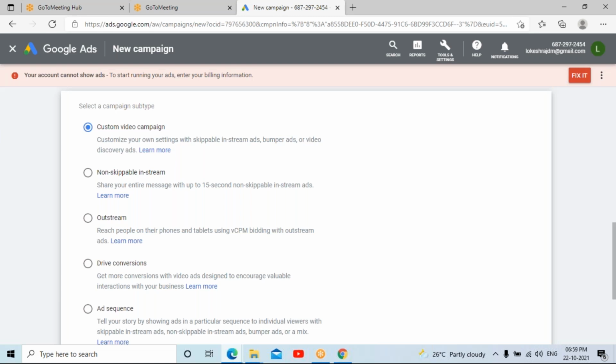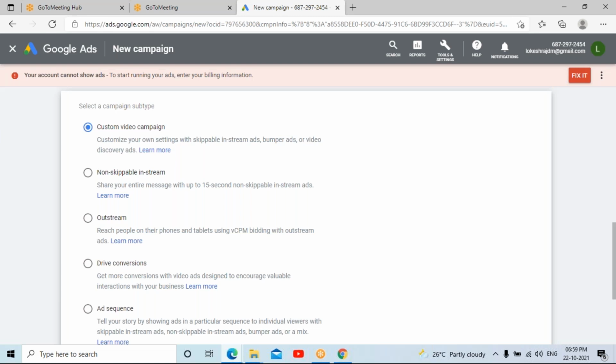If the ad has not continued more than 5 seconds, say 7 to 8 seconds, and you are not run continuously, then it is not going to charge you. Suppose it runs for more than 5 seconds and continues till the end of the ad, then you get charged. If it is in between, say a 20 second ad run for 10 seconds, then a partial ratio of the amount will be considered. Like this you can create a skippable ad.